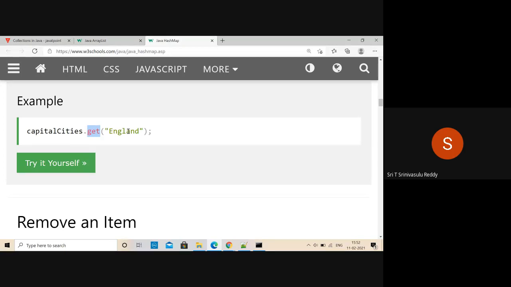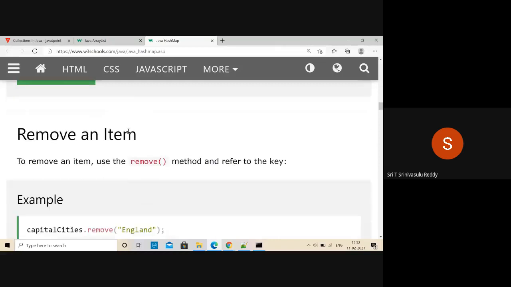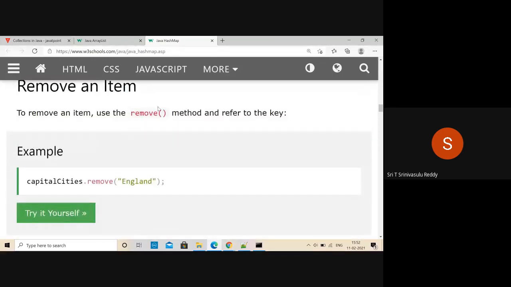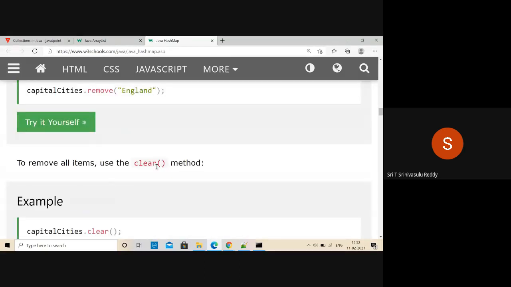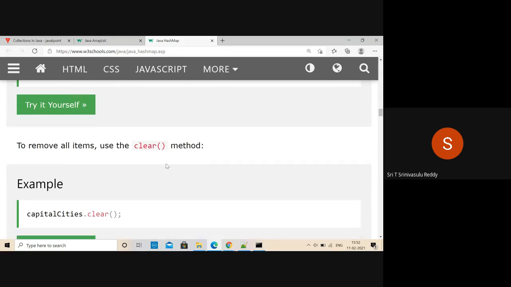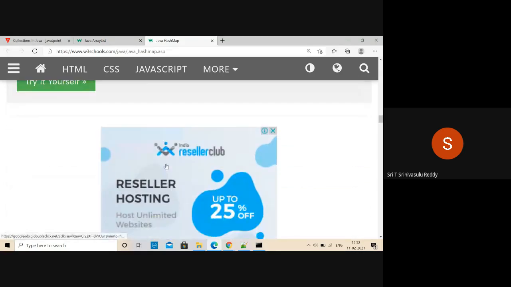Whenever it fails to retrieve the data because it's not added, you are going to get a null value. So that is how you can verify whether it is there or not in your database. Similarly, if you want to remove something, you can remove based on the key, again based on the key, remove. So you have the methods now. Clear is going to clear or remove all the items, right? It's going to clear everything, but an empty hash map will be there, and you can keep again putting new elements there and all that, right?